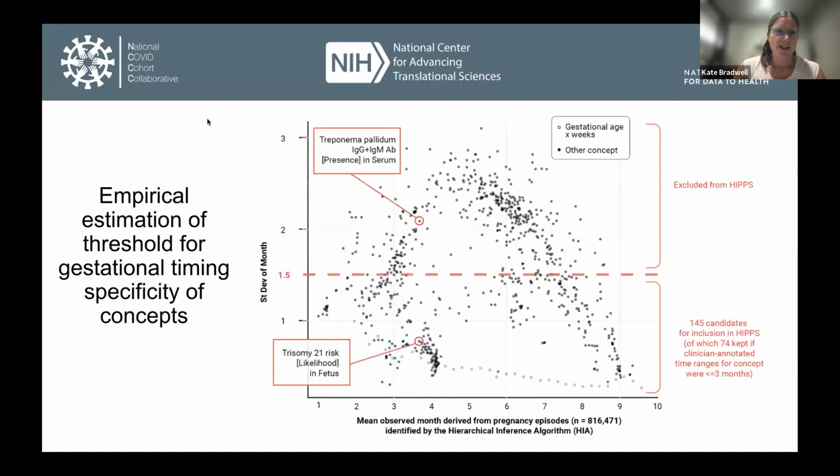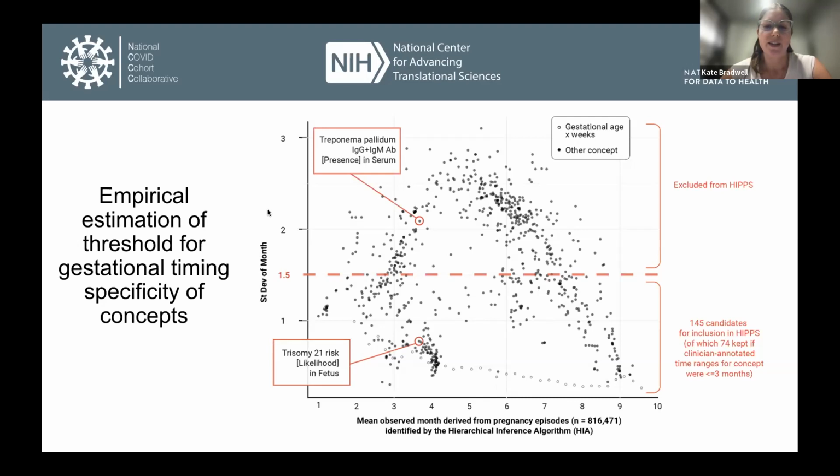So looking in more detail at what we're seeing based on the concepts from the initial episodes, on the x-axis here is the mean observed month derived from the pregnancy episodes. So each dot is a concept, for example, gestational age, 30 weeks. And the y-axis is standard deviation in months of when those concepts occur from the start date from the HIP algorithm